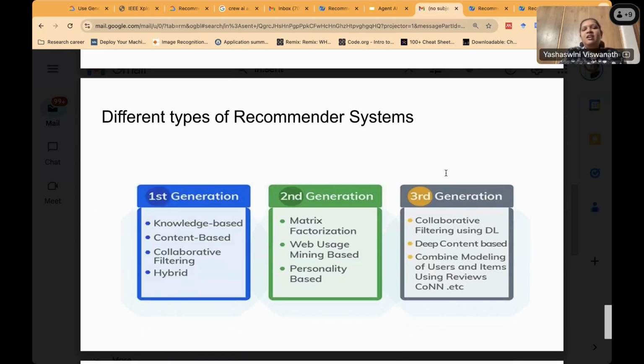So let me ask a few questions here. When we talk about e-commerce and movie recommenders, what is existing there? Yes, items. I agree the items exist, but what else is existing there? What type of data is existing there? For example, let me go specific to, say, Amazon e-commerce.